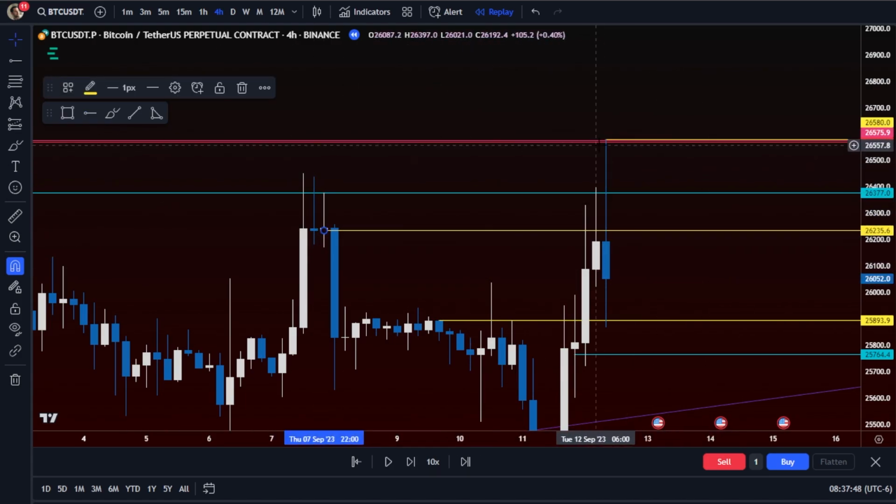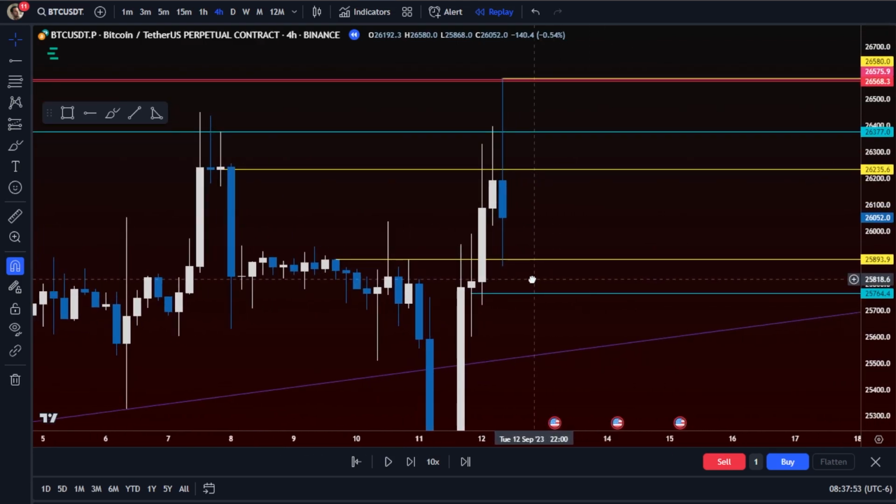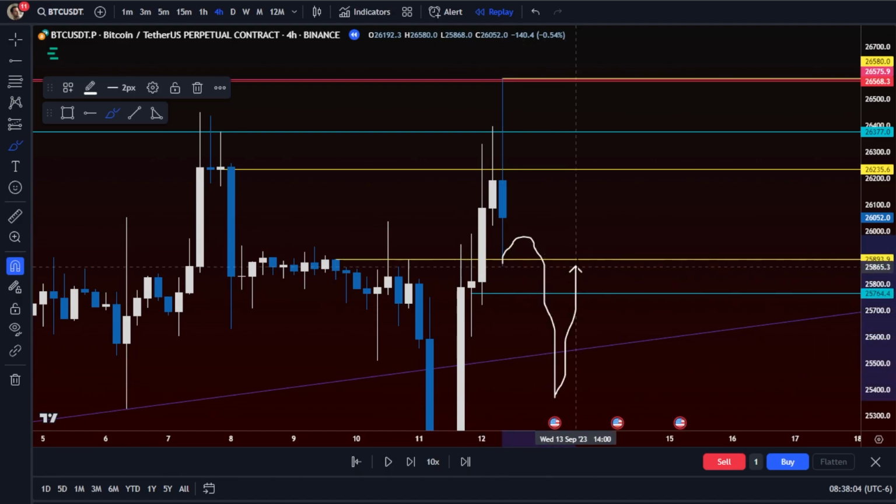Initially you'd say, okay, this is a perfect target, and it might look like a perfect target, but there's always quantity versus quality. And this to me is a quantity trade, because for this backside to hold, the first criteria we need to know and understand is that it actually just has to hold. So it could go all the way down here and come back up.